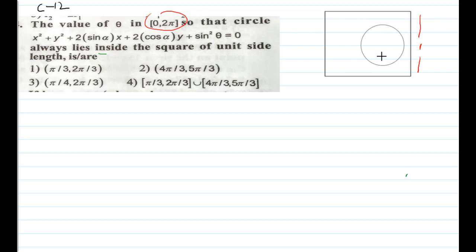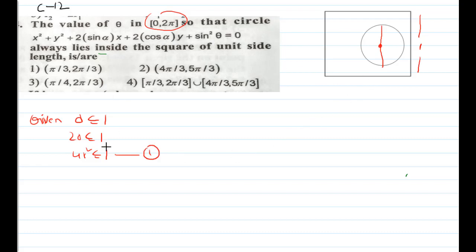So what is given is that the circle is always inside the square, means this diameter, for example. So what is the meaning of this? The diameter length should be lesser than or equal to 1. I will write that, given d lesser than or equal to 1, 2r lesser than or equal to 1, or 4r square lesser than or equal to 1. Okay, by using this hint I want to solve the problem.